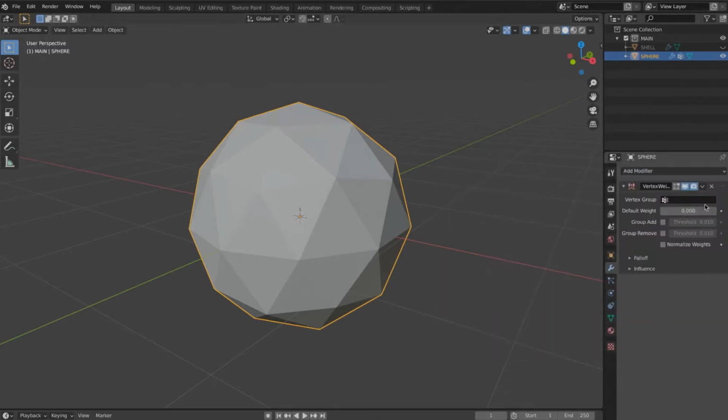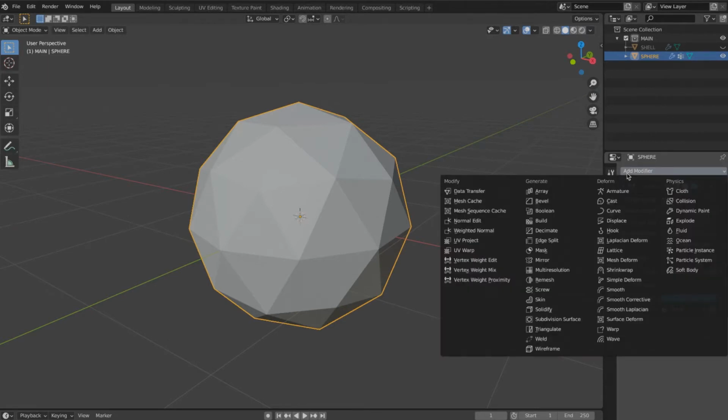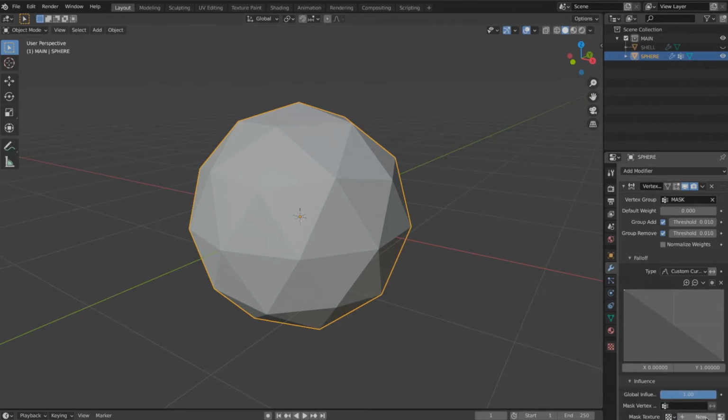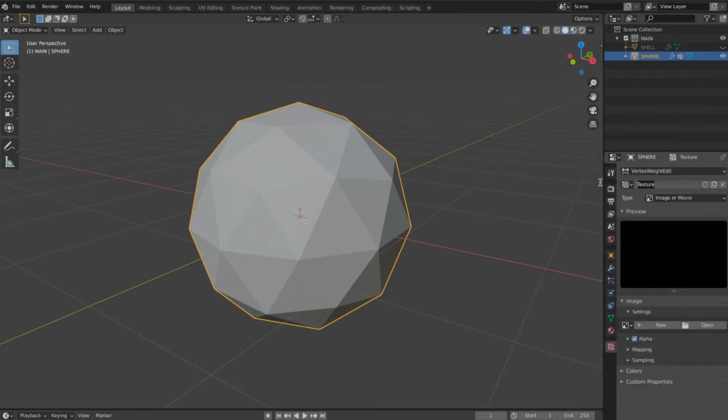We add a vertex weight edit modifier. We select the vertex group as the one that we created, the mask, and then we set the falloff type on custom, and we need to remember to invert the curve for this particular project. Then we add a mask texture.